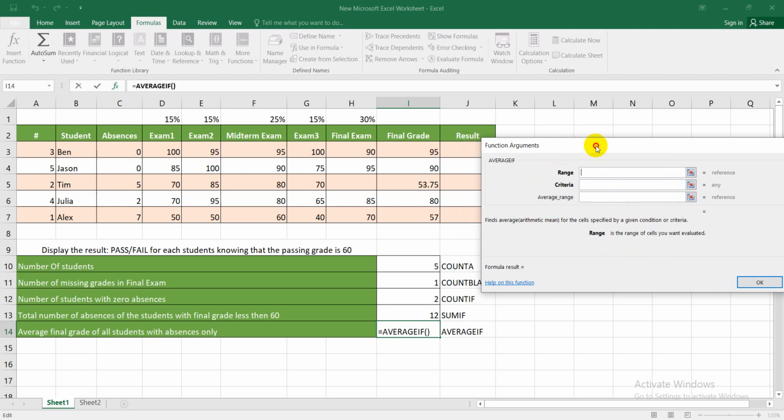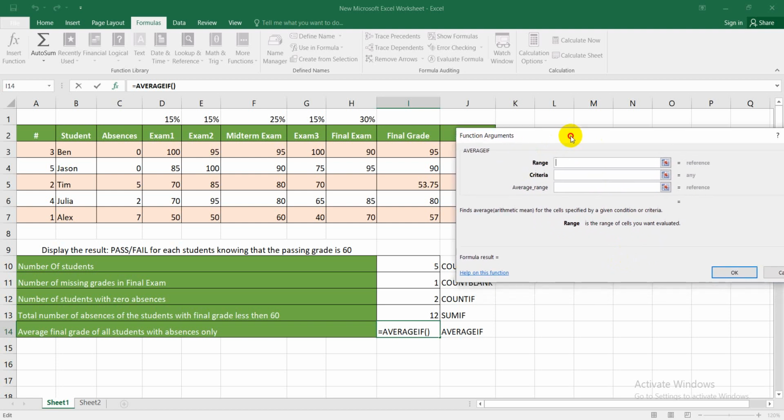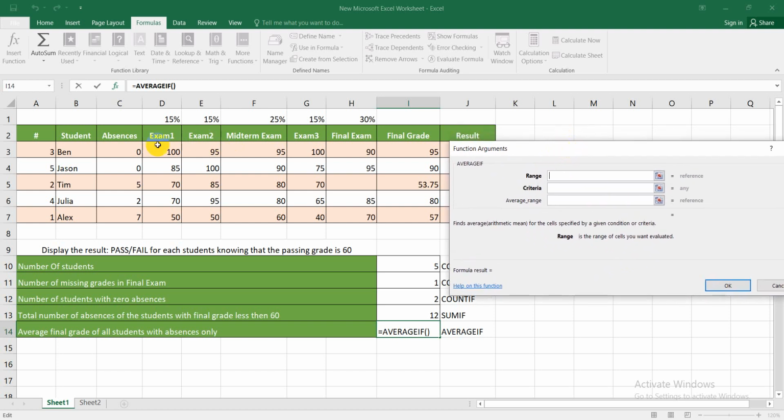So what am I evaluating? The absences of students. I'm testing the absences of students based on the criteria that the students with absences, which mean